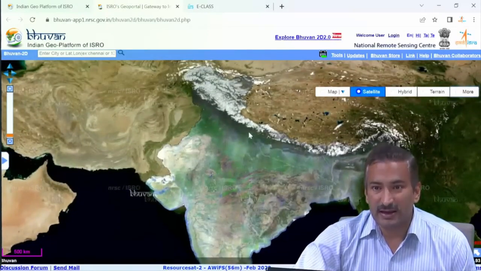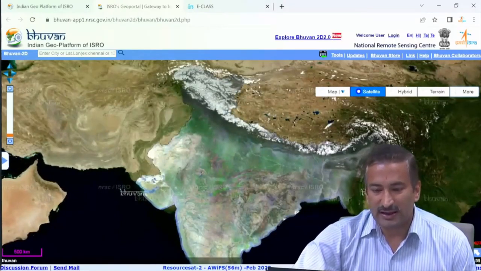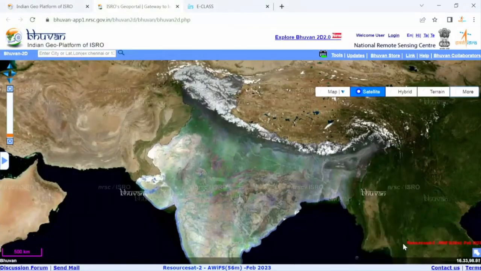Now which is this satellite? We can note it down from the bottom right corner. This satellite data is from one of the important satellites of Indian origin, that is Resourcesat 2. So this is the name of the satellite, Resourcesat 2. As you might be aware, a satellite can carry multiple sensors.